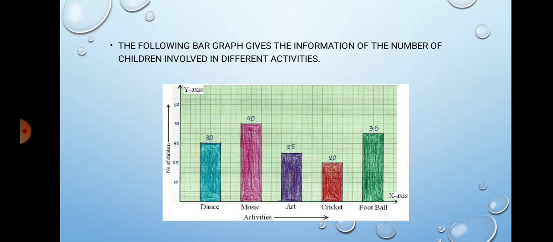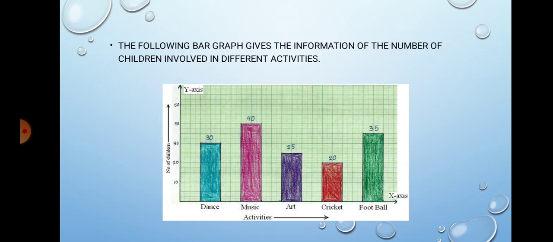You cannot skip as you wish. You should have uniform skipping, or you can say the scaling of an axis. They have taken one scale as equal to 10 units, so you have to use skipping of 10 numbers: 10, 20, 30, 40, 50. For dance, you can see a rectangle. You can see all the rectangles or bars are of equal width,